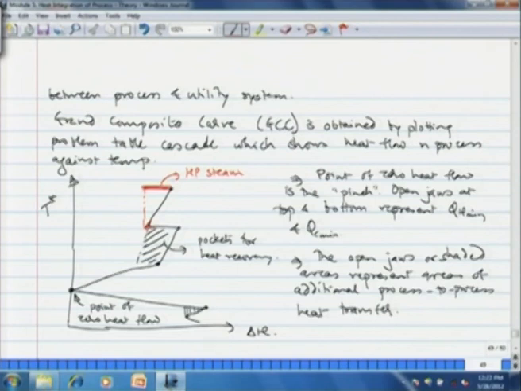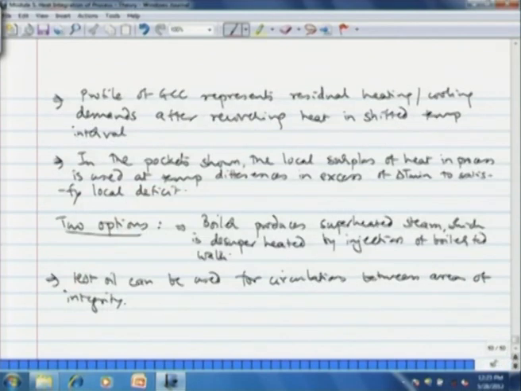Otherwise, you can also have a hot oil circulation, that can directly go in this, which can provide heat from the source to the sink. Okay, this is hot oil circulation. So the two options of additional heat recovery or selection of utility can be identified with the grand composite curve. That completes our discussion on principles of heat integration.